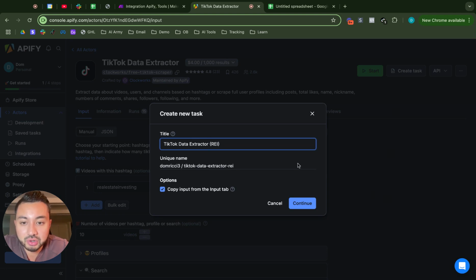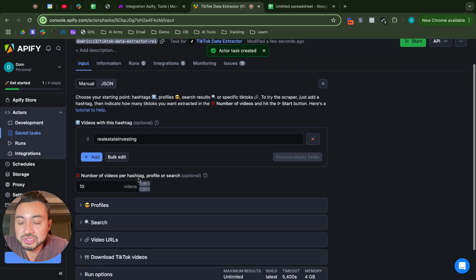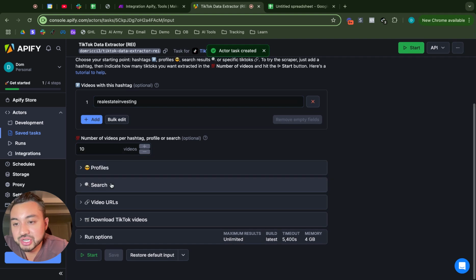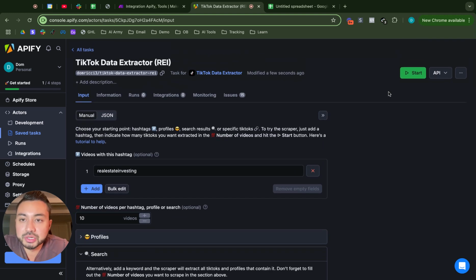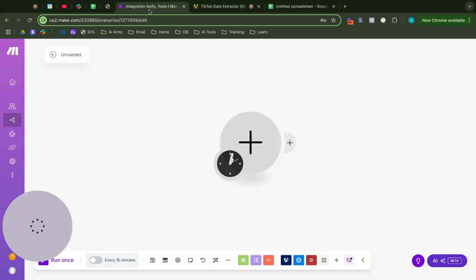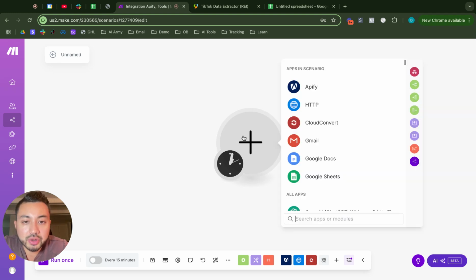So I'm just going to name it REI right here. And then obviously just make sure you're inputting either hashtags or keywords that are most relevant to the industry or the niche that you're in right here. Okay, once we create the task, now we can go back into make.com and we can go ahead and start